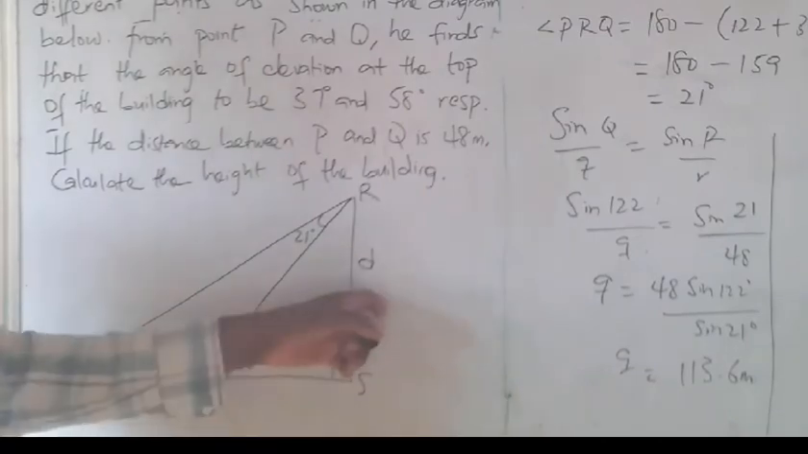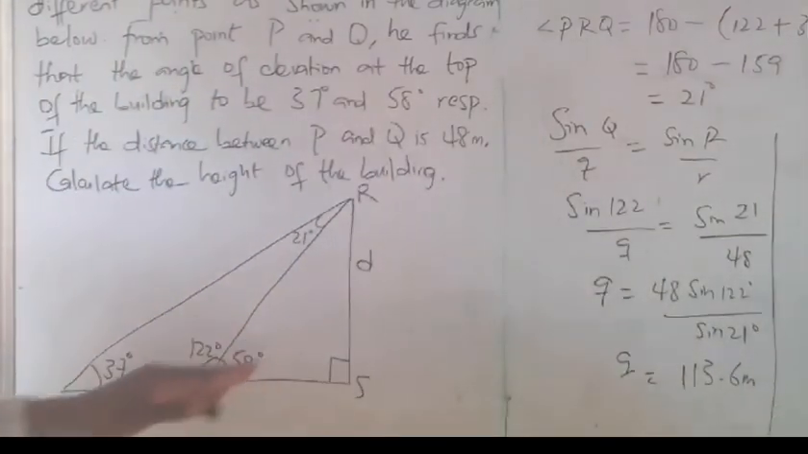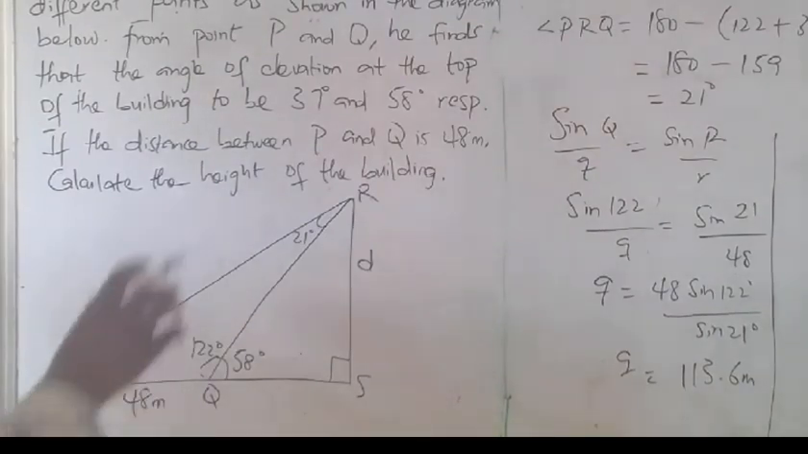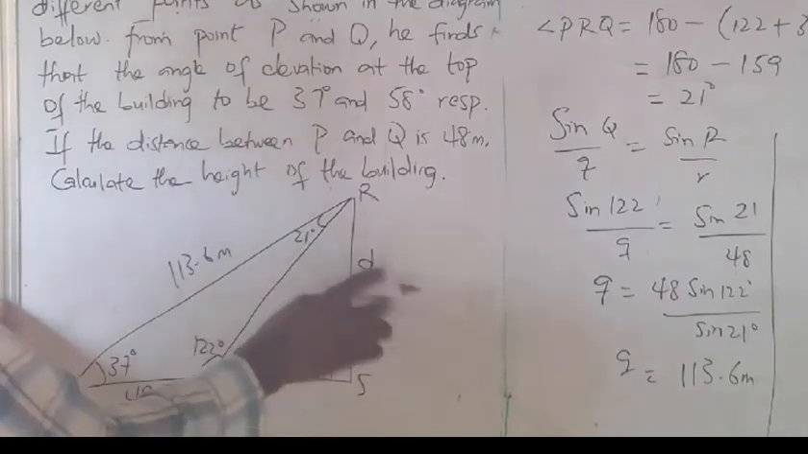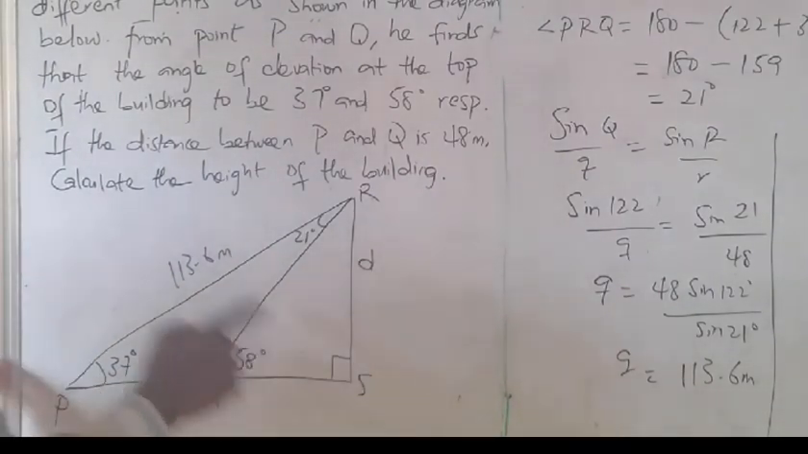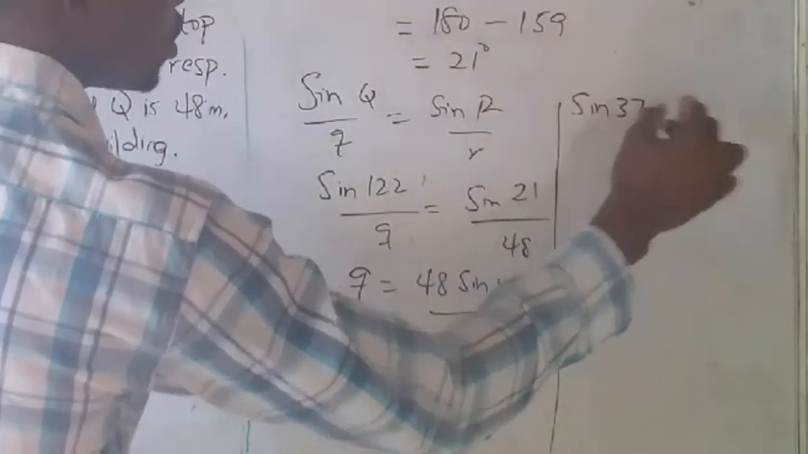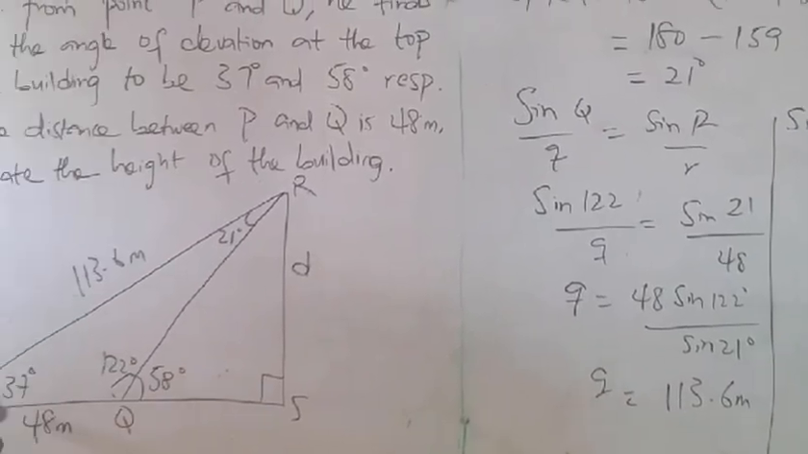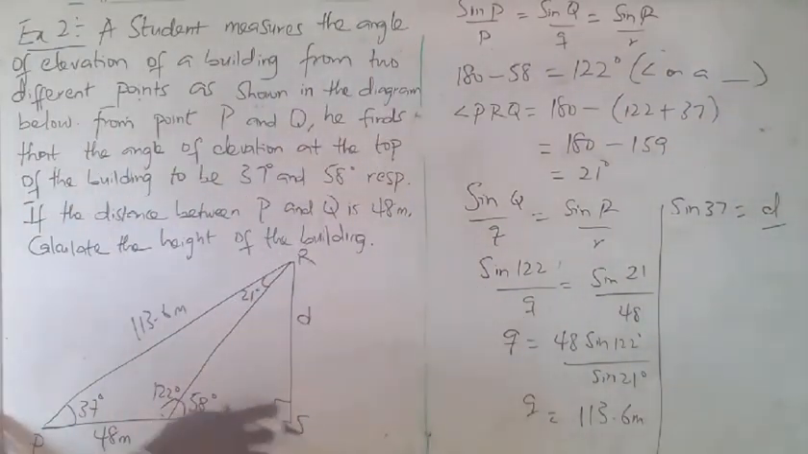Now, I've gotten my q. Now, to get the height of the building, I have this to be already 113.6 meters. Getting this is also simple. I'll be using this angle, which makes this my opposite, and this is my hypotenuse. So I'm using sine 37 equals opposite over hypotenuse. My opposite is h, the height I'm looking for, over the hypotenuse, which is